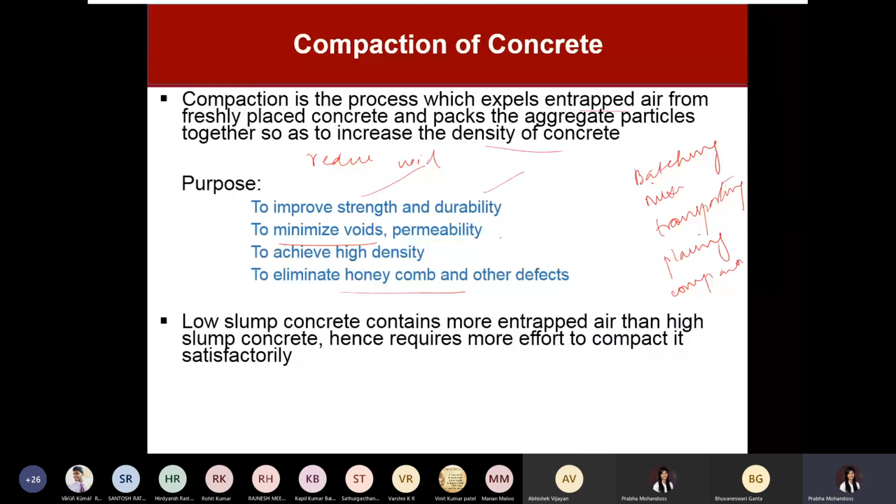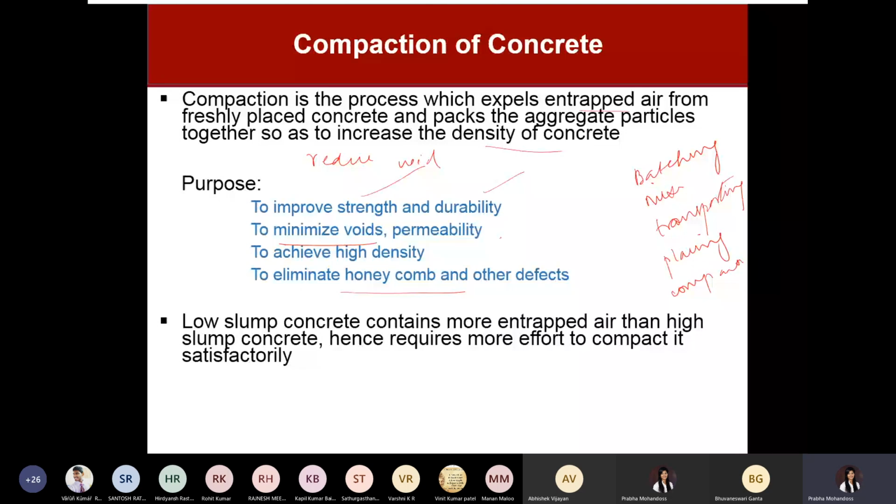Okay, so in general, the degree of compaction depends on the workability of the concrete. If you have a very low slump, then the compaction required will be more. If you have a good slump, or a good flowability, then the energy required for compacting that particular mix will be less.